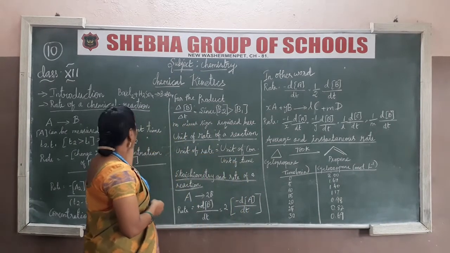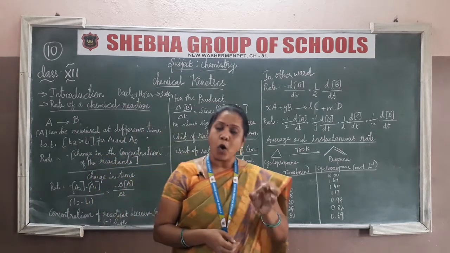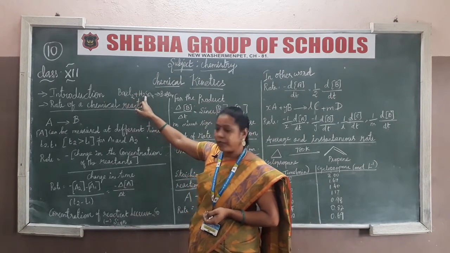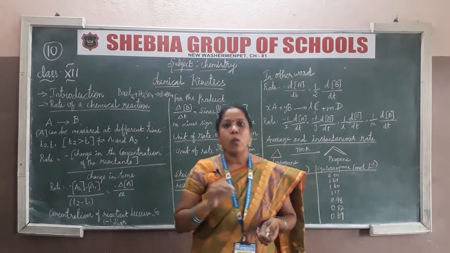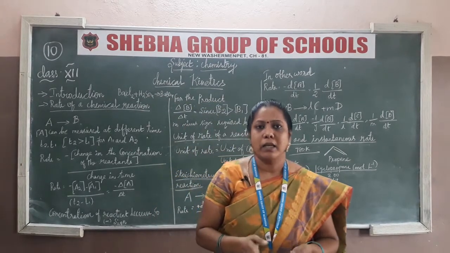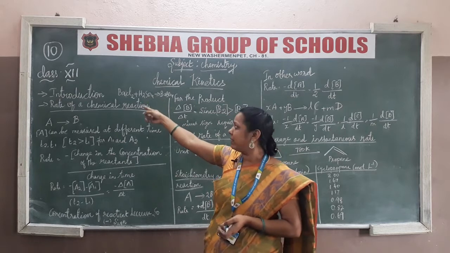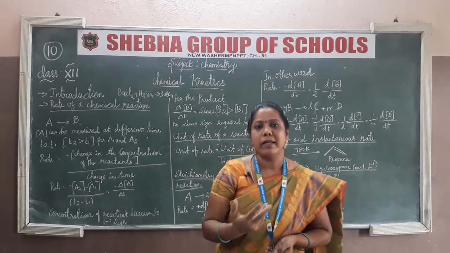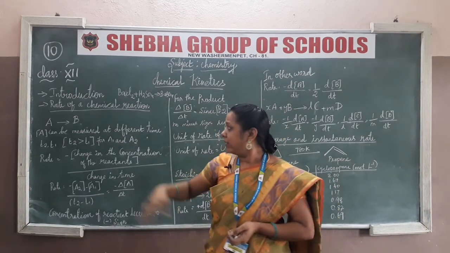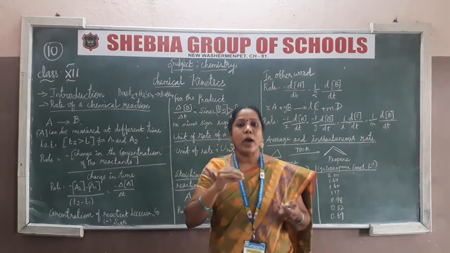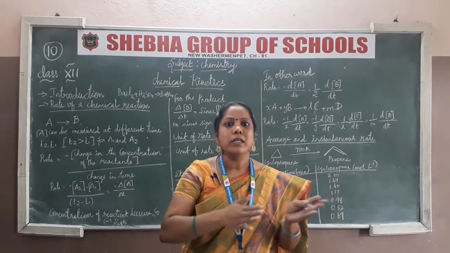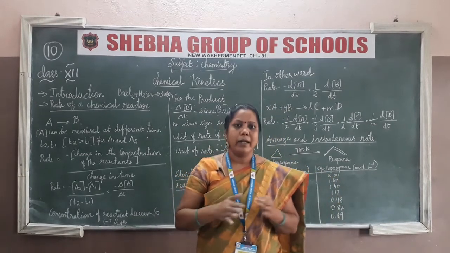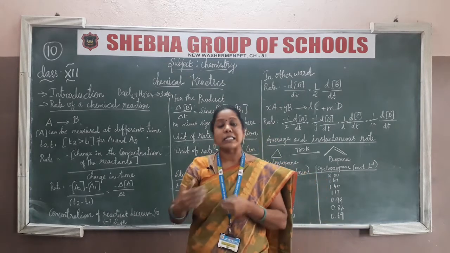For the introduction, I am going to give a small example. Barium chloride reacts with sulfuric acid, and we get barium sulfate, the white precipitate. You have to notice that when you add sulfuric acid to barium chloride, within a second we can see the white precipitate. The precipitate appears suddenly, so that reaction is a fast reaction. Some chemical reactions are slow reactions, as well as fast reactions, and